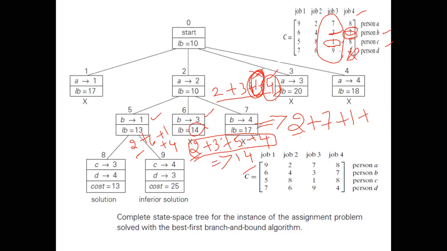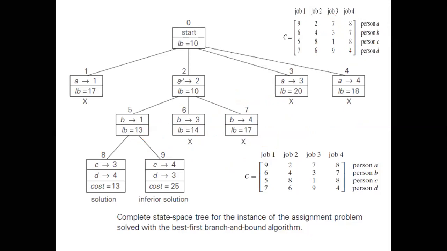Instead of this 4, go for the next smallest one. Correct. Which is the next smallest one here? The next smallest one in this particular row is 6. So I can write 6 here. Clear? So it will be 6 now. So 2 plus 7 plus 1 plus 6 will give you 17. This is clear? So this is how you got the values here, 13, 14 and 17. Am I clear with this? So 13, 14 and 17, how did you get this?